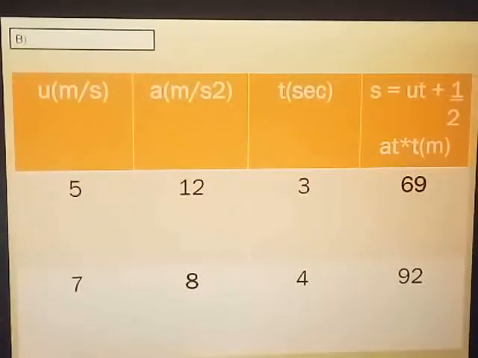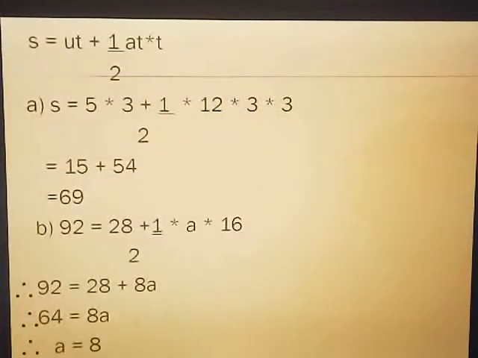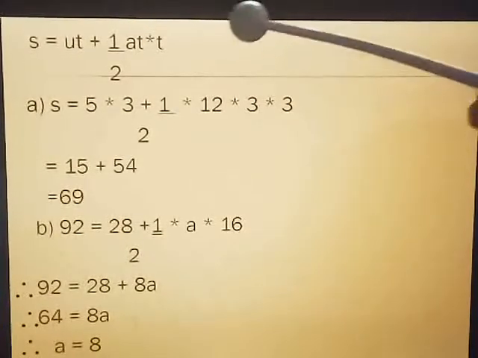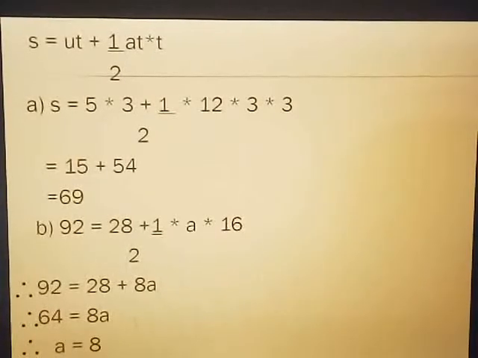So question number 3C, the third table, is homework for you. There they have given the third equation of motion, that is v square is equal to u square plus 2as. By using that formula you are going to find the values of the required quantities. This way tabular form sums can also be asked in the exam. As I have told you, look at the marks and then decide whether to show the working for the sum, or you can just do the working in the rough work column and only fill the answers in the table. I will wait for a while. Those who want to copy, you can immediately copy down the answers.